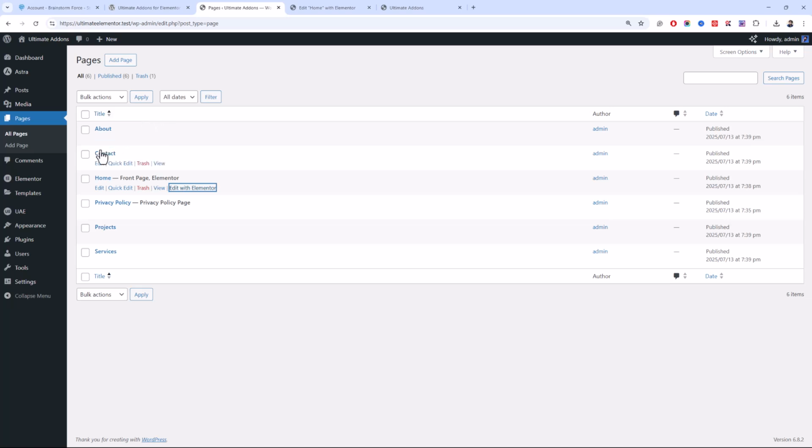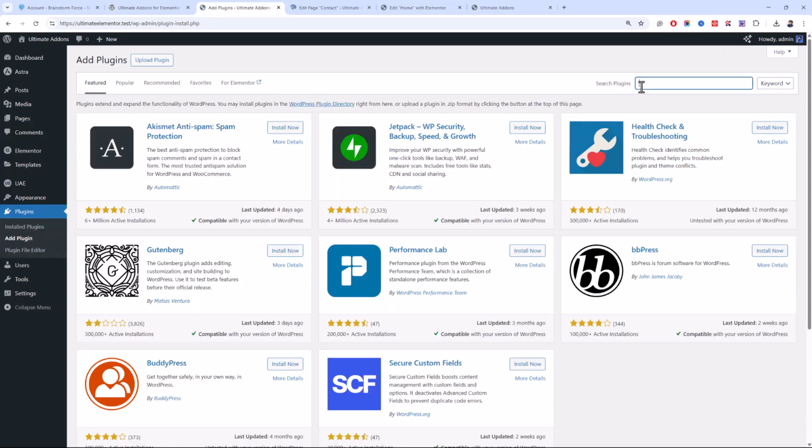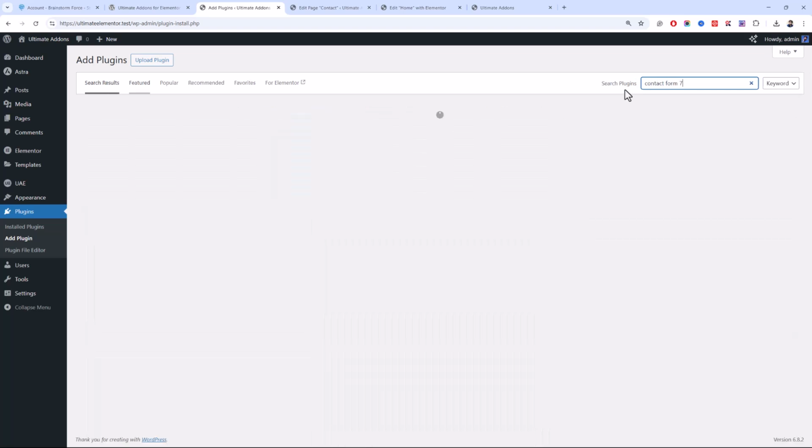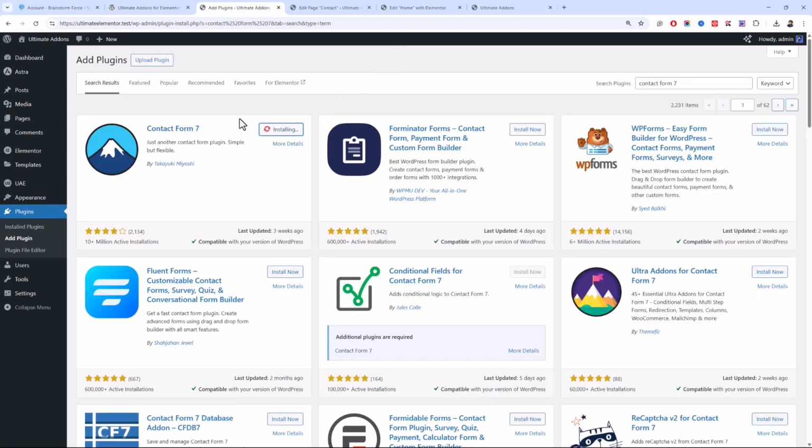And let me show you some of the widgets that you get with the premium version. I'll go to add plugins and let's just install Contact Form 7, which is the most popular form builder plugin, but it's also the most simply styled form, which you need to style with third-party CSS and other methods.